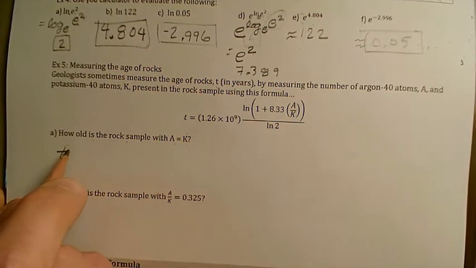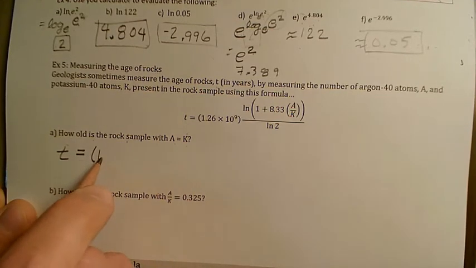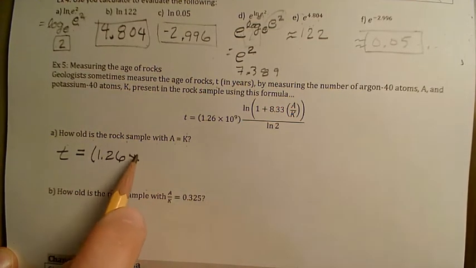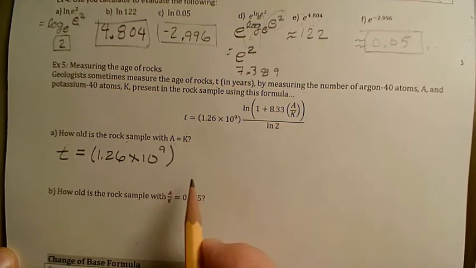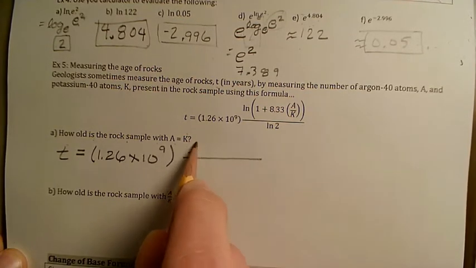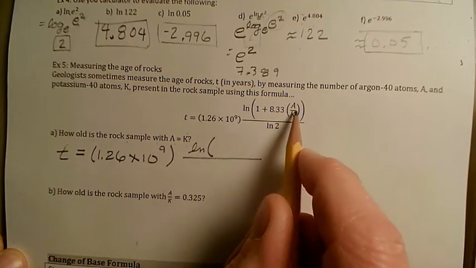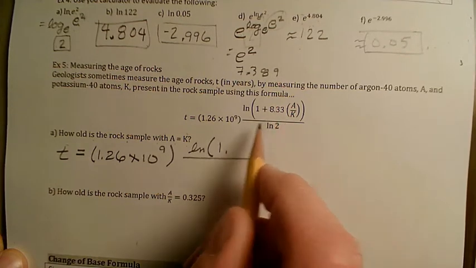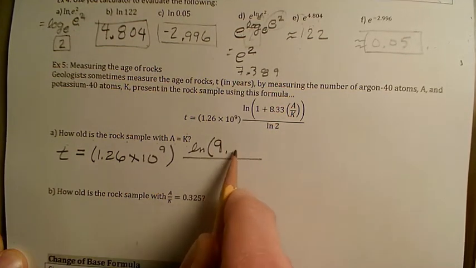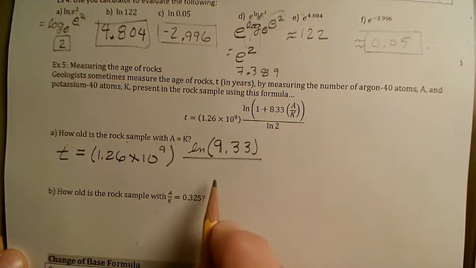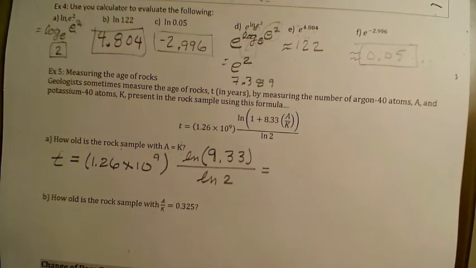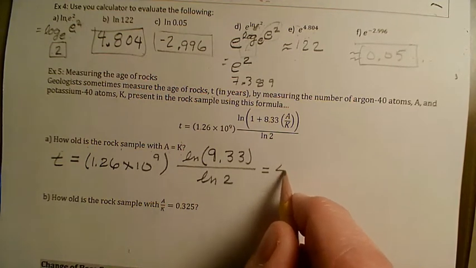So we have T is equal to 1.26 times 10 to the 9, all right, and then times the natural log of, and then this ratio is going to be 1, so this is just 1 plus, oh no, that's 8.33, so that's going to be 9.33 over the natural log of 2. All right, so just be careful with plugging all that into your calculator. It's a little tricky, but after you're all said and done, you should get something like